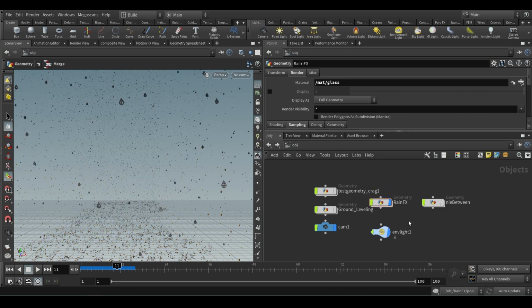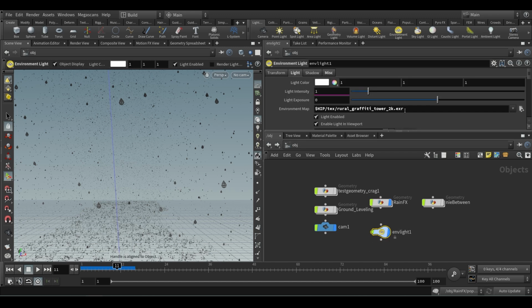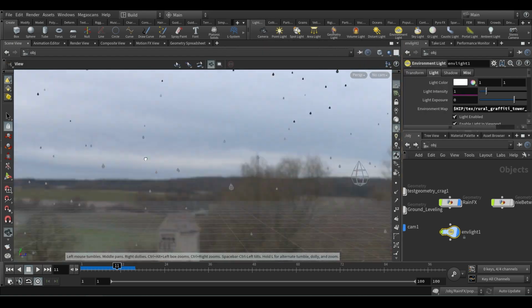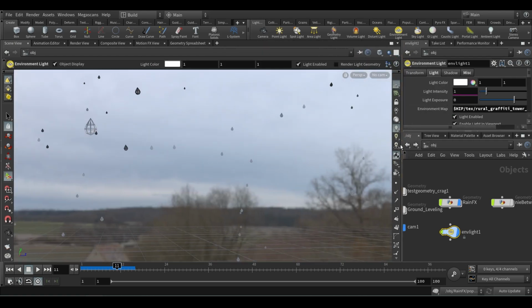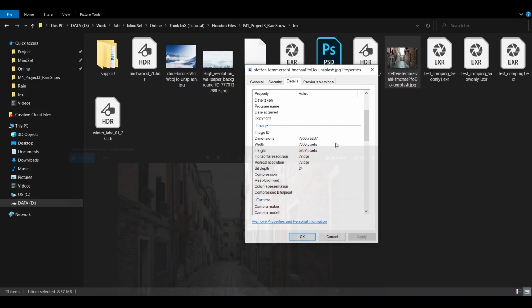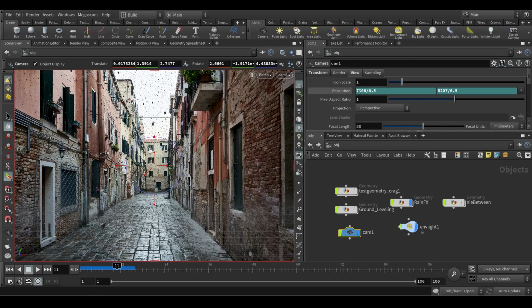I have an environment, and I've downloaded an HDRI from HDRI Haven, so you can see this one. This is the HDRI I've taken, some rural one it's called. Because the mood of this picture matches with that cloud, I used that. And of course I also changed the camera settings because this picture has a big resolution. See, the pixel is 7005, so it is almost 6K or something. It's really big.